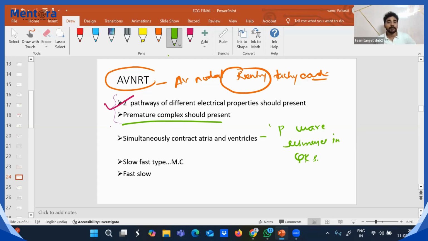Right? So now there are two types. One is called slow fast type, the other is called fast slow type. What is this? We will discuss. So slow fast type is